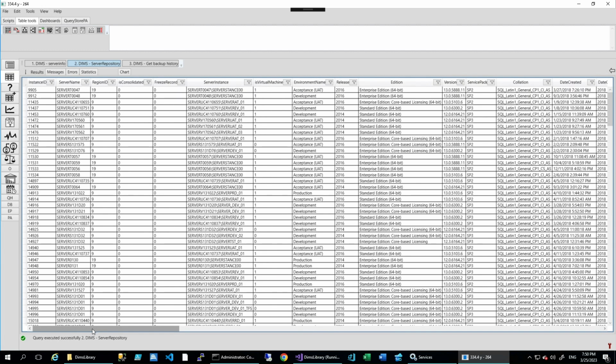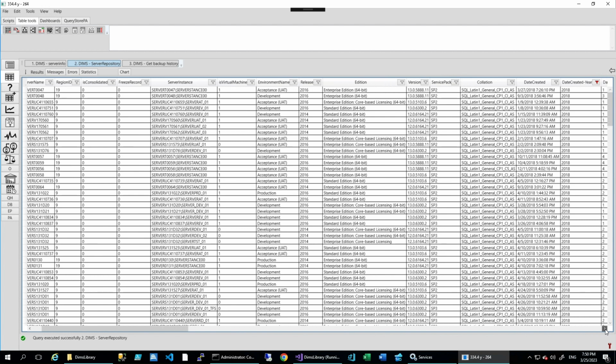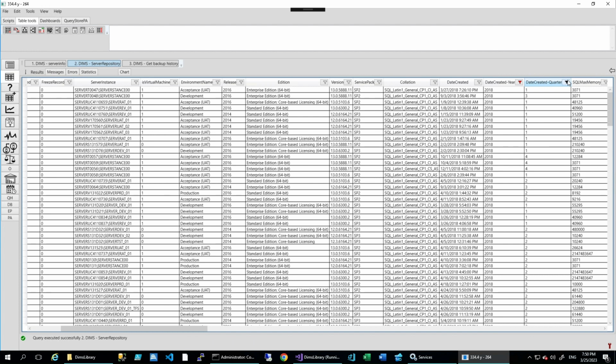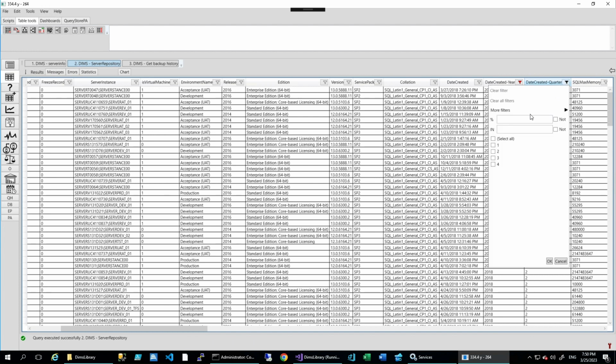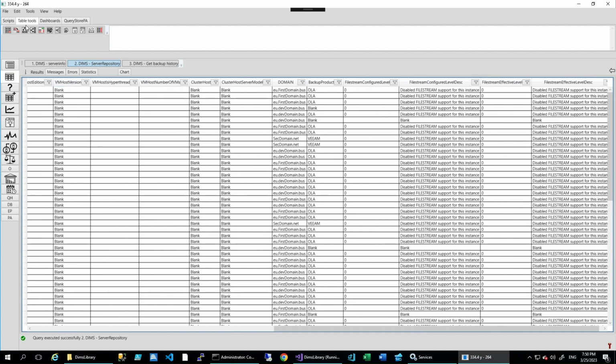I'm scrolling. The server, as you already know, is not as fast as it should be. And quarter, we said that we want to see only quarter 2. We'll filter also by quarter 2. Okay, and we'll go to display vertically,